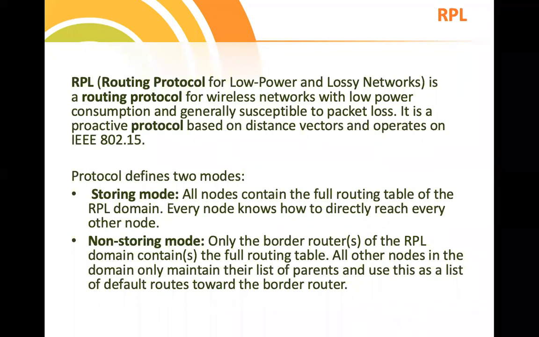Why we call it a lossy network is, for example, if there is any miscalculation or if any high power is generated in the network, at that time there will be loss of data. That's why more frequently we might end up losing data or losing packets. However, this is based on IEEE 802.15.4. We deal with the physical layer, the sensors.